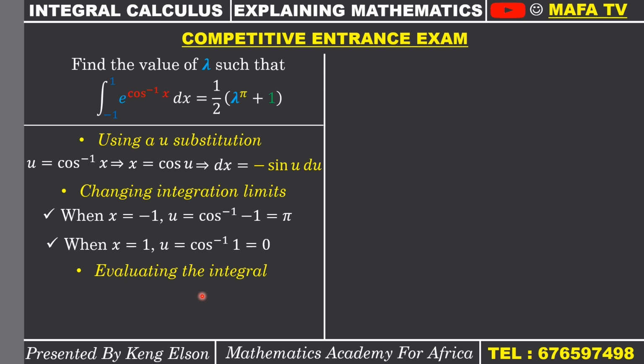Evaluating the integral is now what we are going to do. So my integral now will be equal to the integral from u equal to pi to u equal to 0 of e to the power u, because cos inverse of x was the u substitution, which is u, then the dx is negative sine u du. Okay, now we need to use a property of